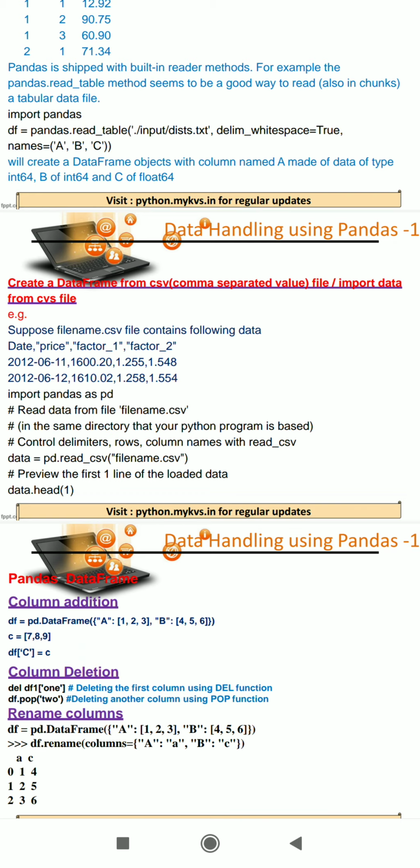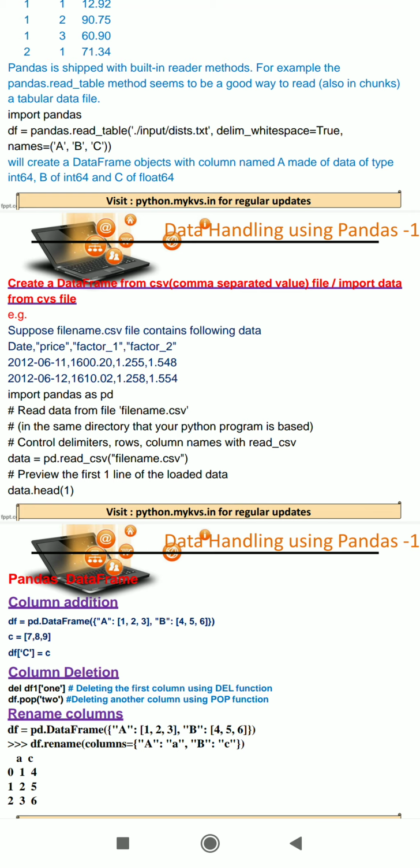Each comma specifies that it is the value of another column. In the above example, suppose we have a file name.csv, comma separated value. CSV means comma separated value.